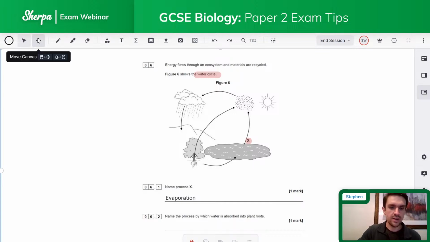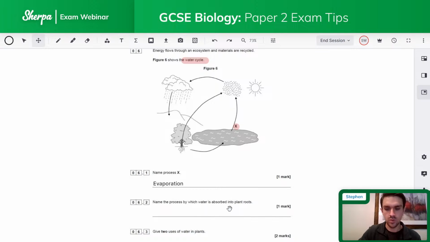The second one down here says, name the process by which water is absorbed into plant roots. Now, this is a bit of a tricky one. It's not actually related to the topic that the previous question is related. In other words, we're not looking for precipitation or condensation or anything like that. It's asking the name of the process by which water is absorbed into plant roots. Now, if we know anything about water, we know that,